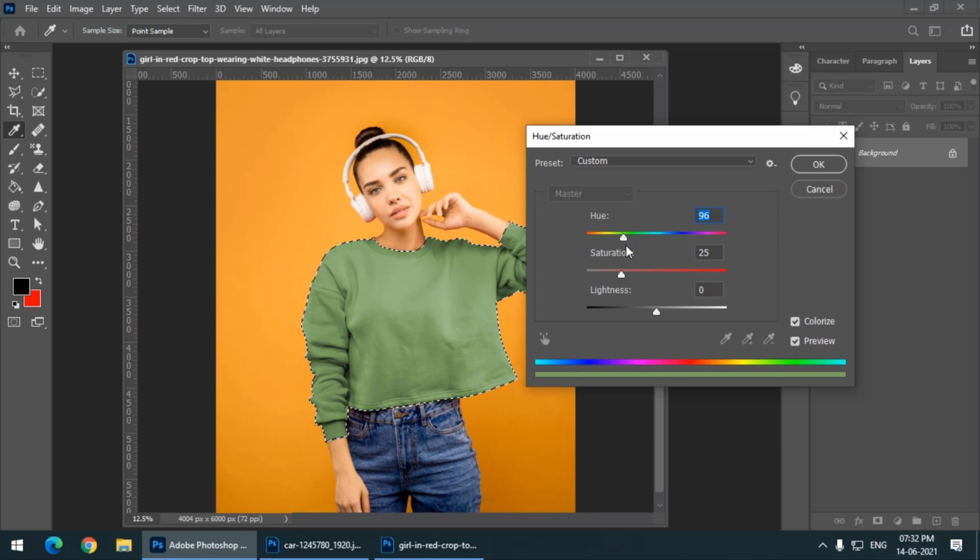But what if I want to increase the amount of color? In this case, the green color, I want to increase the amount of green color, so I can simply slide the saturation button towards the right, so it will increase the color amount, which is green in this case. So let's say if I want blue color, then I can simply slide the hue slider to the right on the blue color, and I can increase the amount of color by using the saturation slider. This will decrease and this will increase.